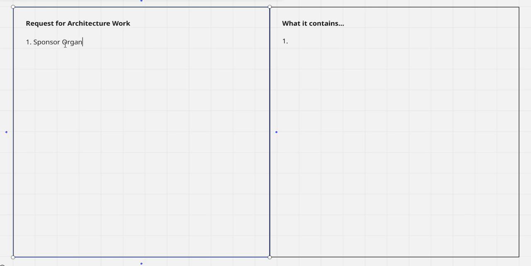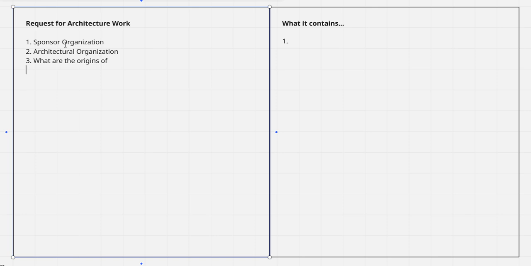the organization which is looking for the change is the sponsor organization, and this sponsor organization will pass on the request to the architectural organization. This organization will be responsible to create this architecture work, whatever is requested. Okay, so this is passed from the sponsor organization to the architectural organization. And what are the origins